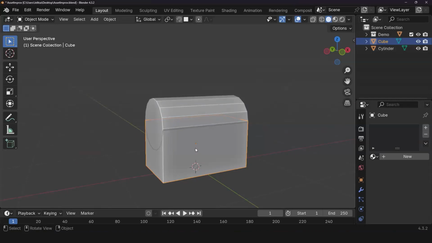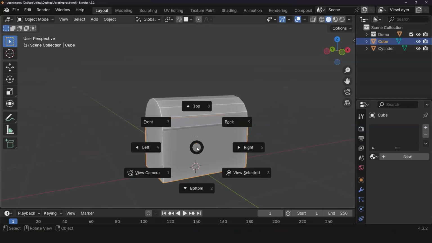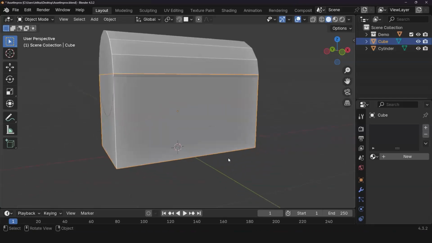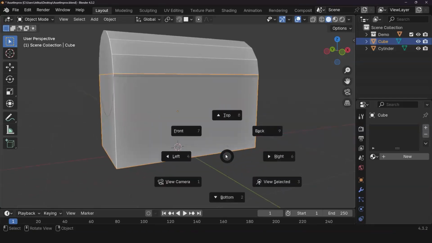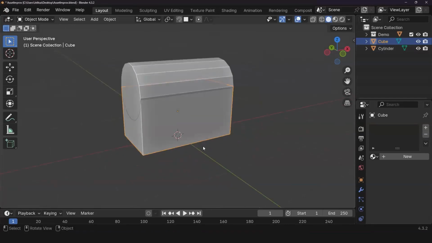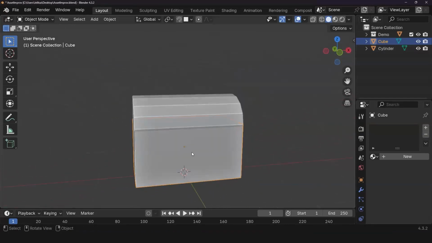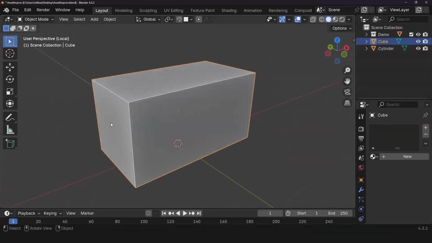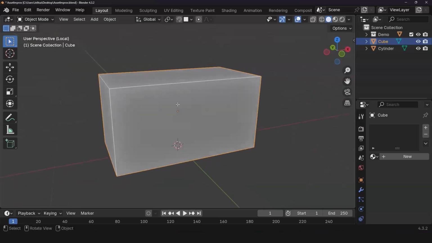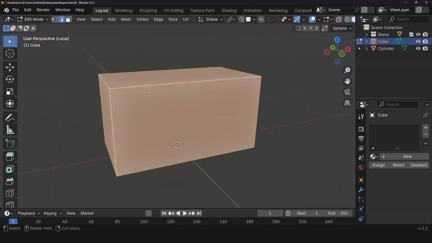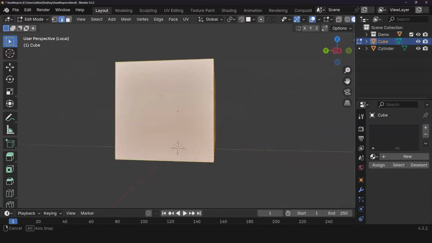And now if your keyboard for any reason doesn't have that /, I believe it's view selected. No, that's actually to zoom in. Anyways, I'm not going to get caught up on that. So what I'm going to do is press / and then press tab to go to edit mode, right?